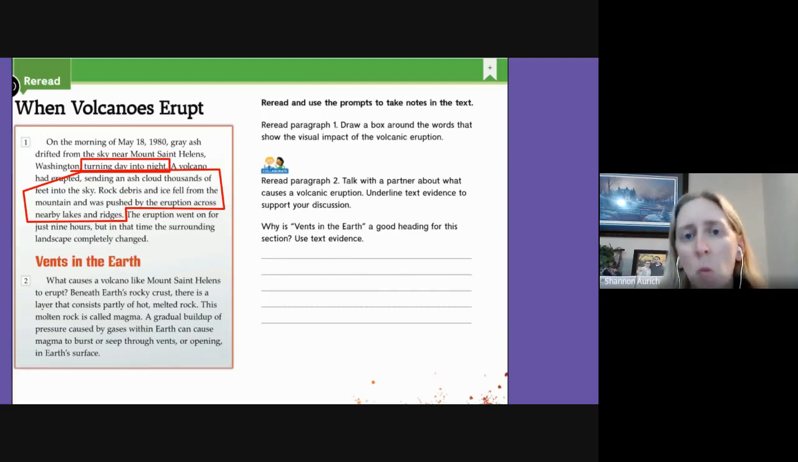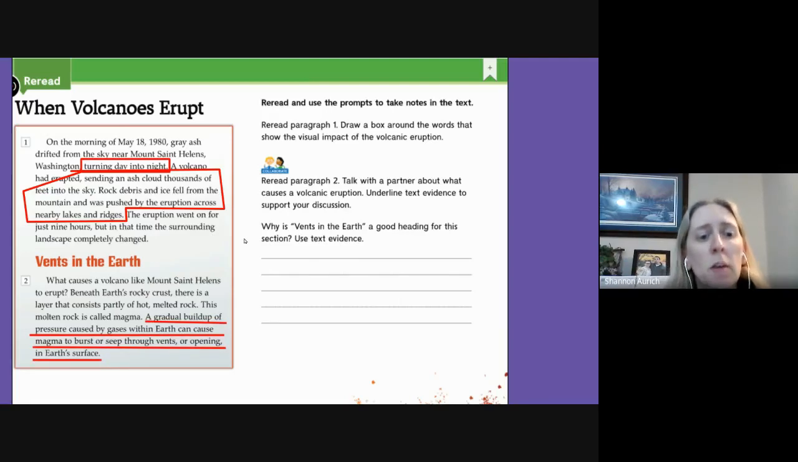Okay, so just think about what causes a volcanic eruption. Underline text evidence to support your discussion. What causes the volcano to erupt? We're going to underline this. Here we go. A gradual buildup of pressure caused by gases within the earth can cause magma to burst or seep through vents or openings in Earth's surface. So this gradual buildup of pressure can cause magma to burst or seep through vents or openings in the Earth's